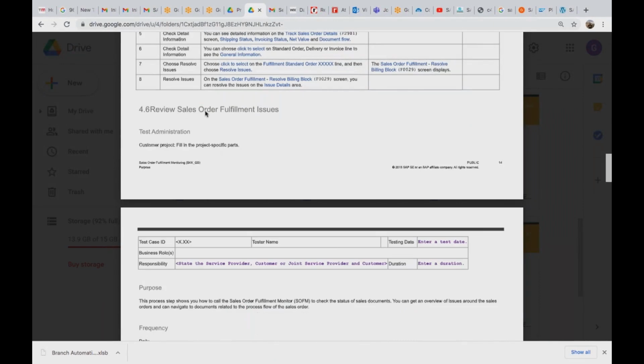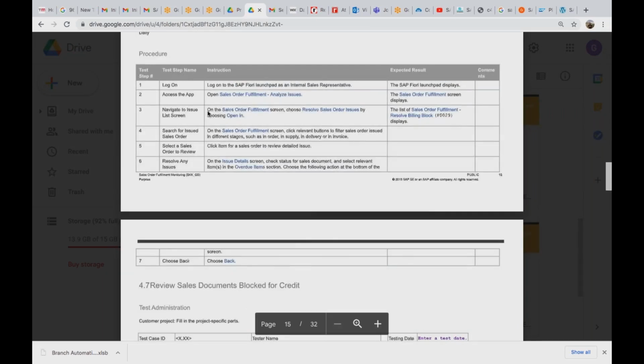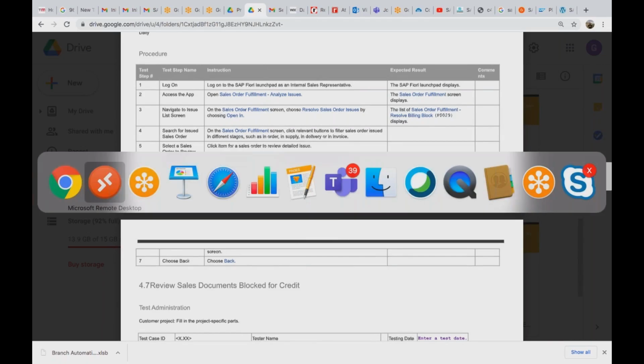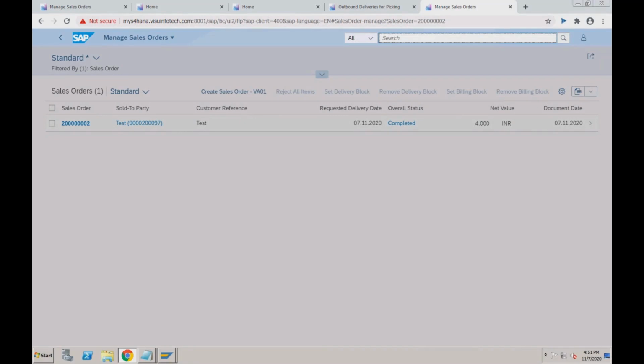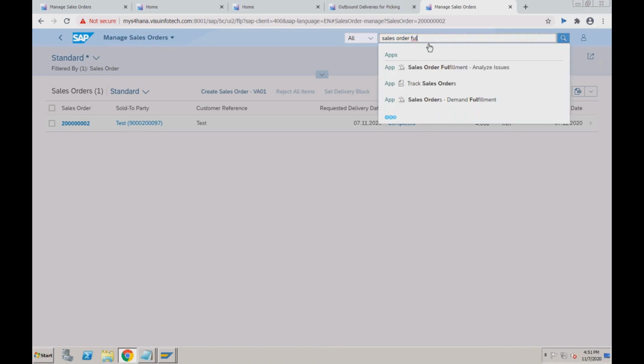Review the sales order fulfillment issues. This is one level more than the basic reports. So if I show you sales order fulfillment, sales order fulfillment. Okay, before I go to that report,